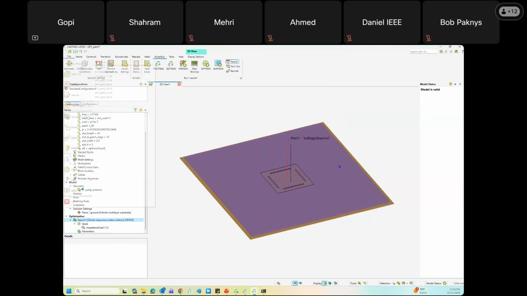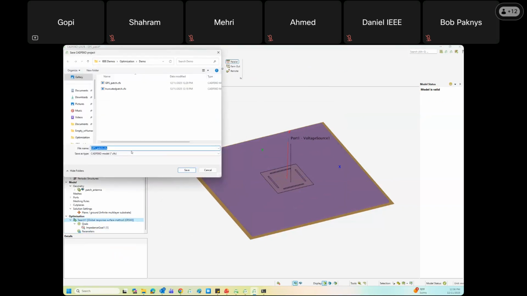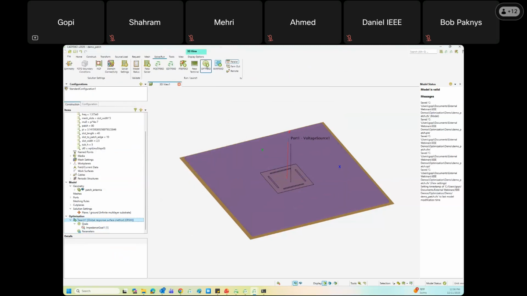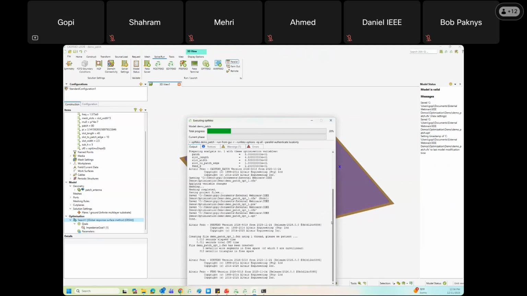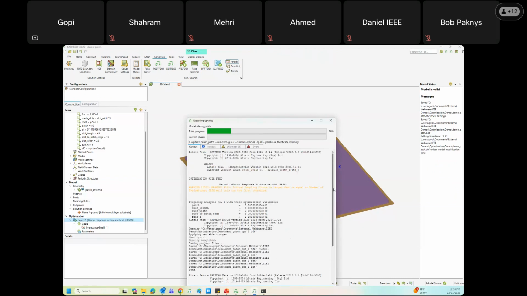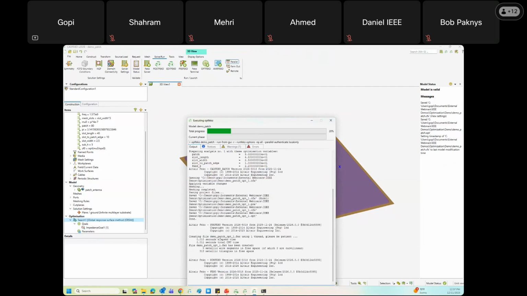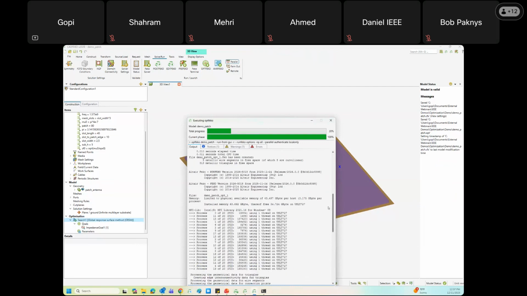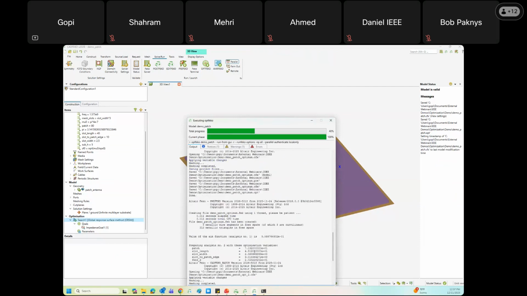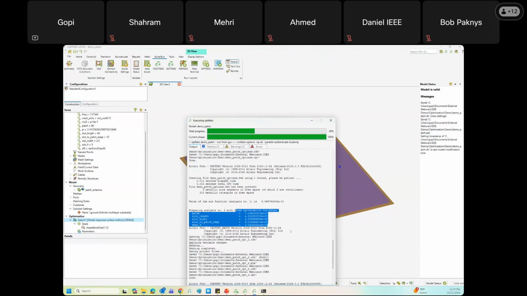And I'll save this model with a different name, let's say demo_patch, and I will click on opt Feko to run it. So you can see for the first iteration, it is picking the initial values, and for every iteration, it will create additional model files with an extension opt_1, opt_2. And you can see the design variable values for the second iteration,